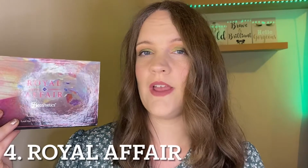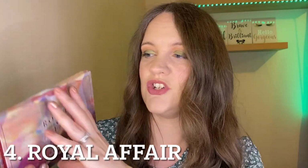In at number 4, we have the Royal Affair palette, which is again an older palette in my collection, and this has a pretty neutral colour story with a couple of pops of colour. I think one of my favourite shades in this palette is this pink one up here. I don't reach for pink shadow very often, but for me this is the perfect crease shade,